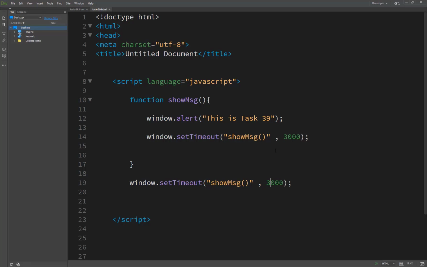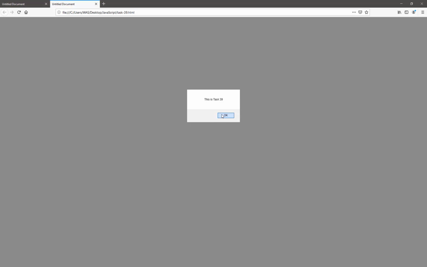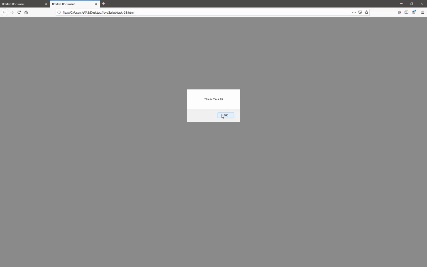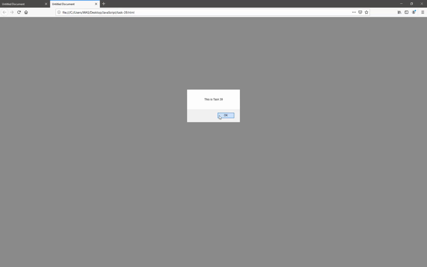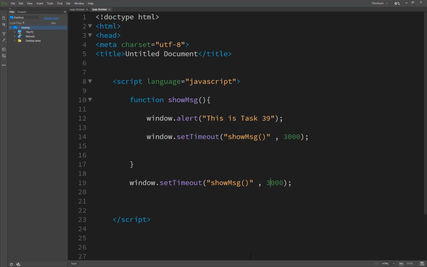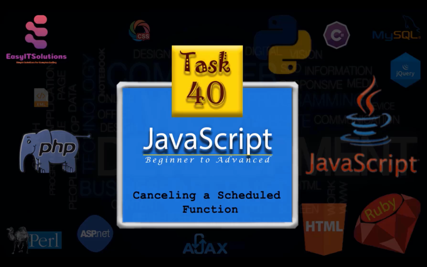Here we go and see our result, task 39, and you will see that every 3 seconds it automatically appears. I close this by pressing OK, and it appears again without refreshing. So this is called a scheduler function for recurring execution, repeating more than one time. So our task 39 is completed.